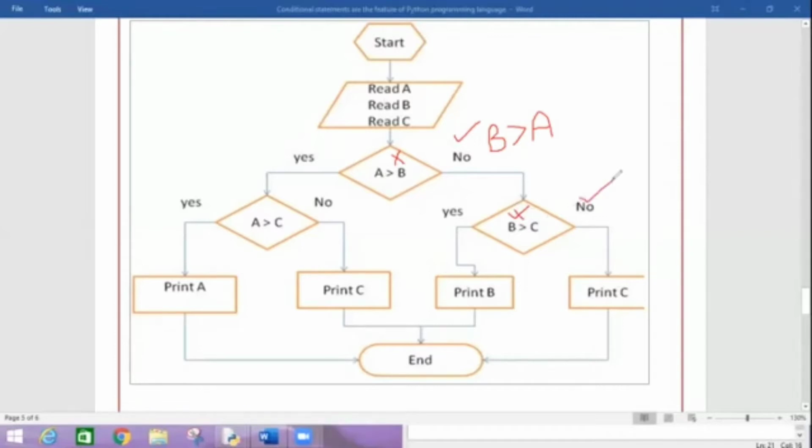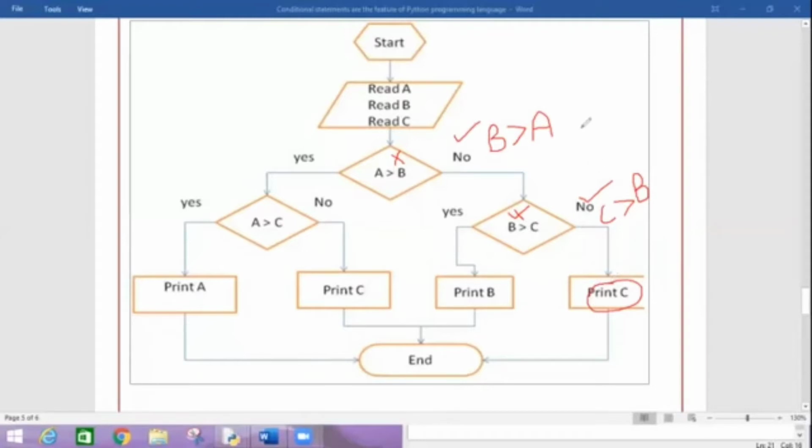That means no. So what does it mean? If it is yes, then B is the greatest, which we have discussed. But if it is no, then it simply means that C is greater than B. And if C is greater than B, then what should be printed? C is the greatest number.